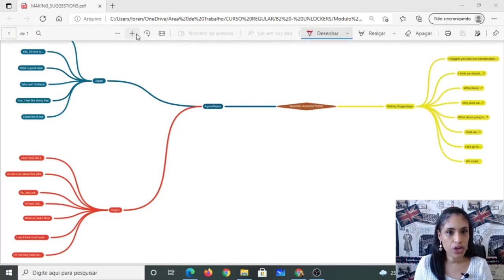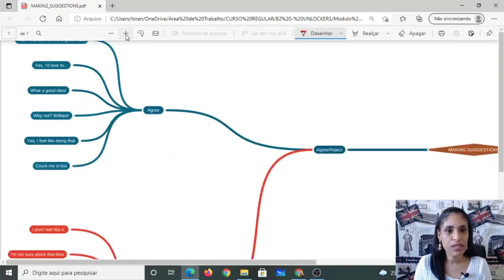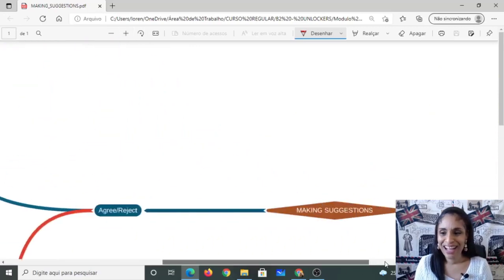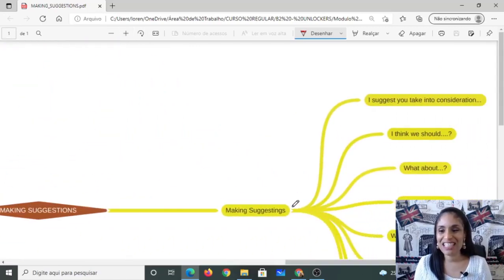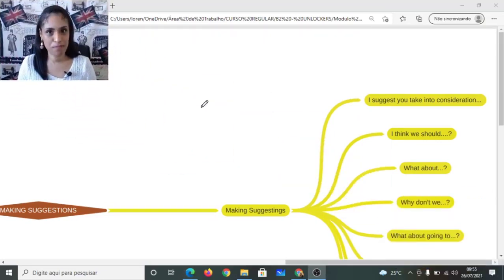So let me organize the things here. Look at that, why do I keep doing this? Okay, great. I'm gonna start with this, okay? I know you cannot see everything, so I'm gonna put it there. Is it better? Okay, check it out.